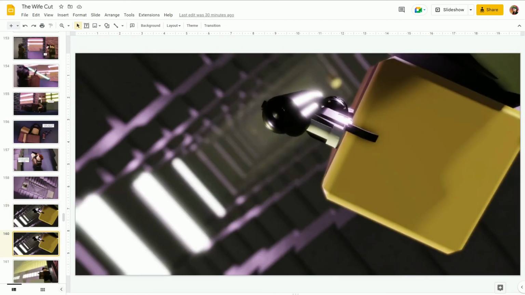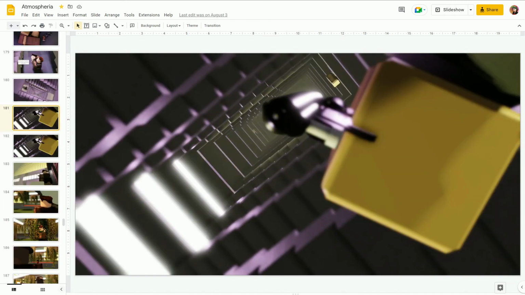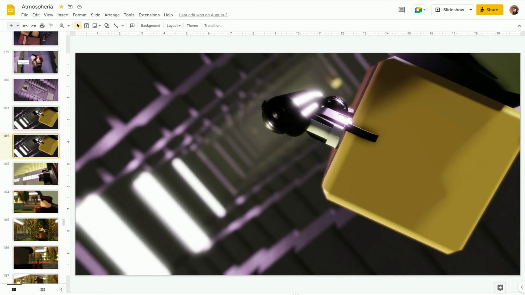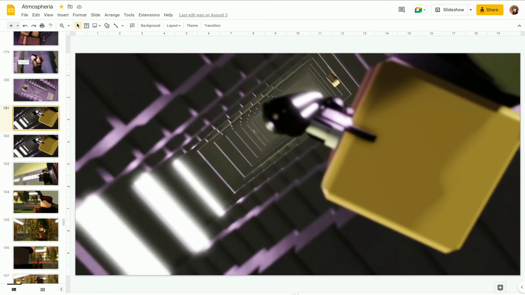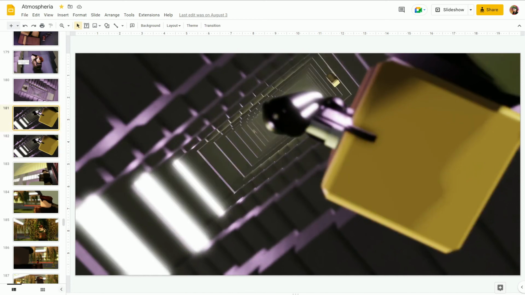So if we switch between the two wife cut hands, the hand is roughly the same size. So then we go to the Atmospheria, or the main cut. The hand changes size ever so slightly, just enough to barely notice it. But there's a reason why I changed it for the main cut, and it's because